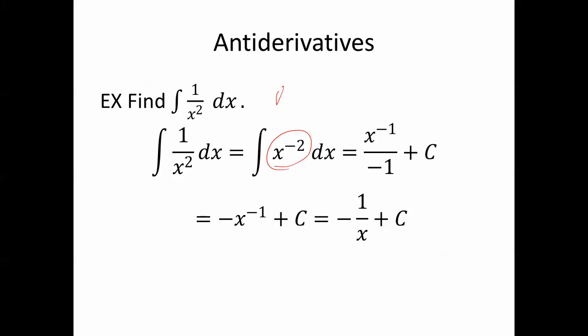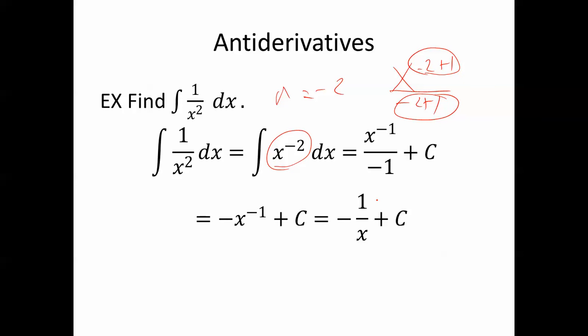So here, in this case, n is negative 2, so n plus 1 is going to be negative 1. The antiderivative of x to the negative 2 is x to the negative 1 over negative 1. Because again, it's going to be x to the negative 2 plus 1 over negative 2 plus 1. And this exponent is negative 1, and the denominator is negative 1. So be careful, it's not x to the negative 3 over negative 3. That's the same thing as negative x to the negative 1 plus c, which is negative 1 over